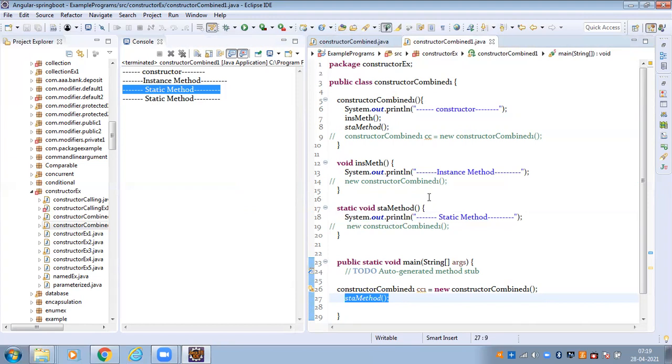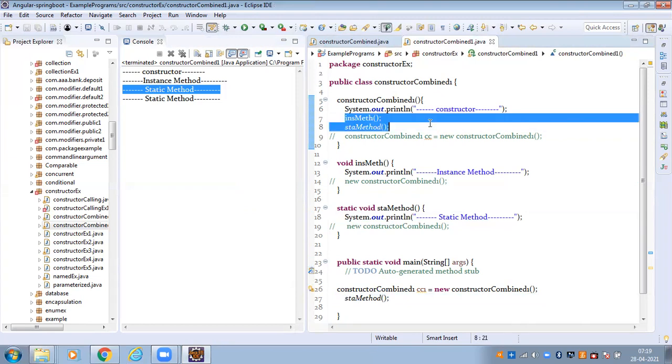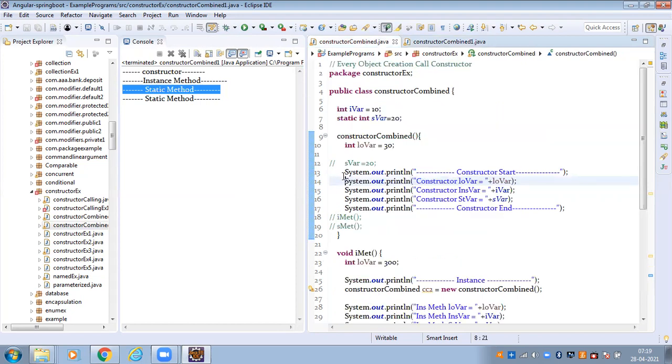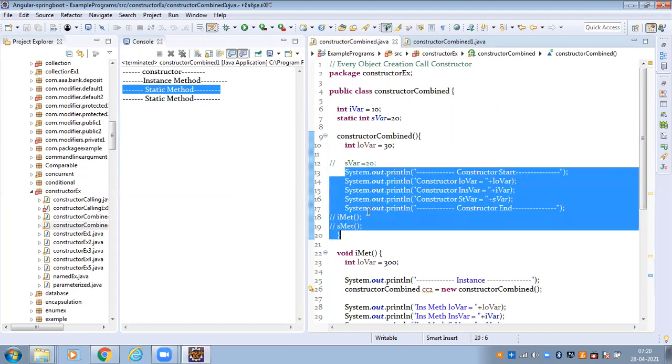So inside the constructor, I have to access two types of methods: the instance method and the static method. Before that, I have to access the local variable, instance variable, and the static variable. So three different types of variables I have to access inside the constructor, and two types of methods, instance method and